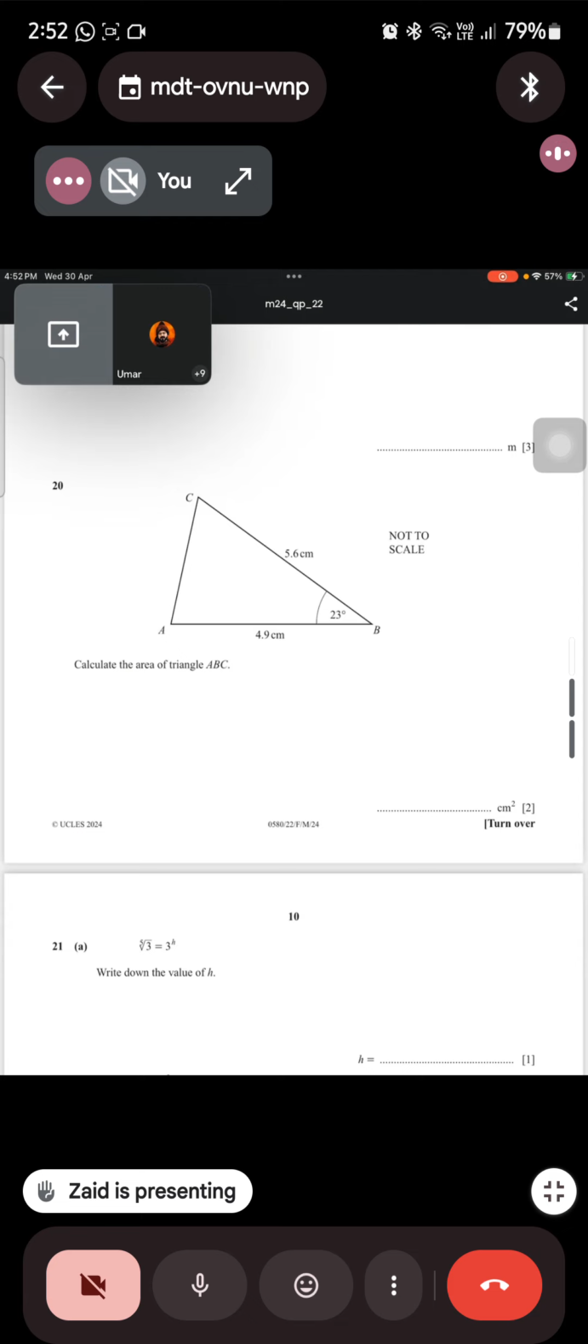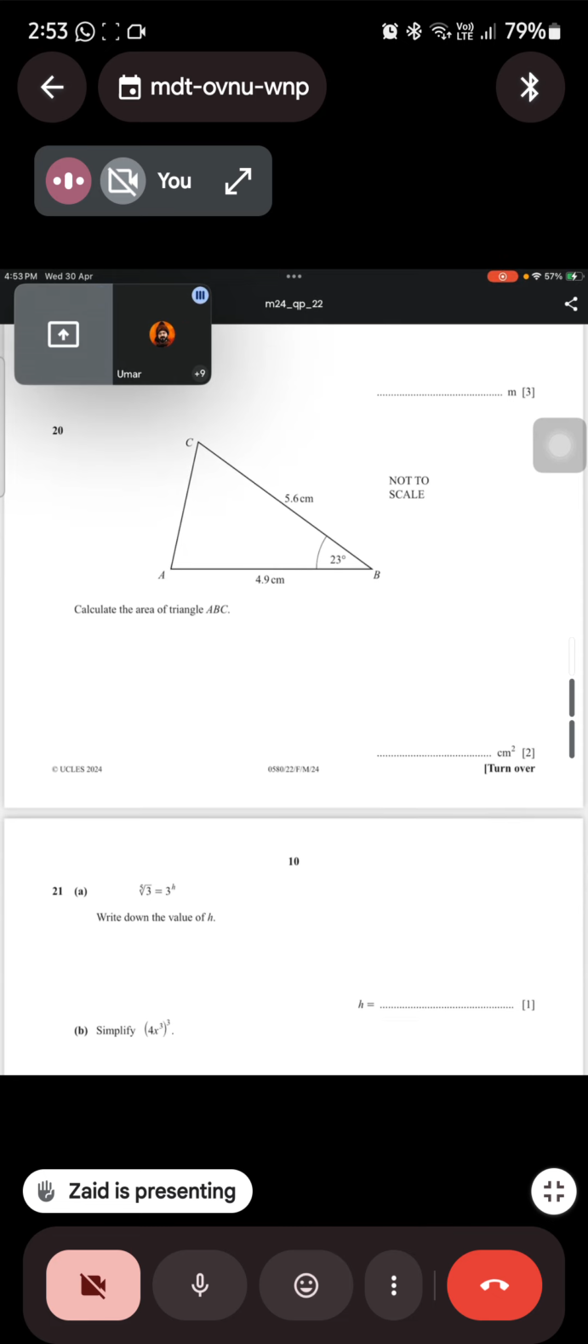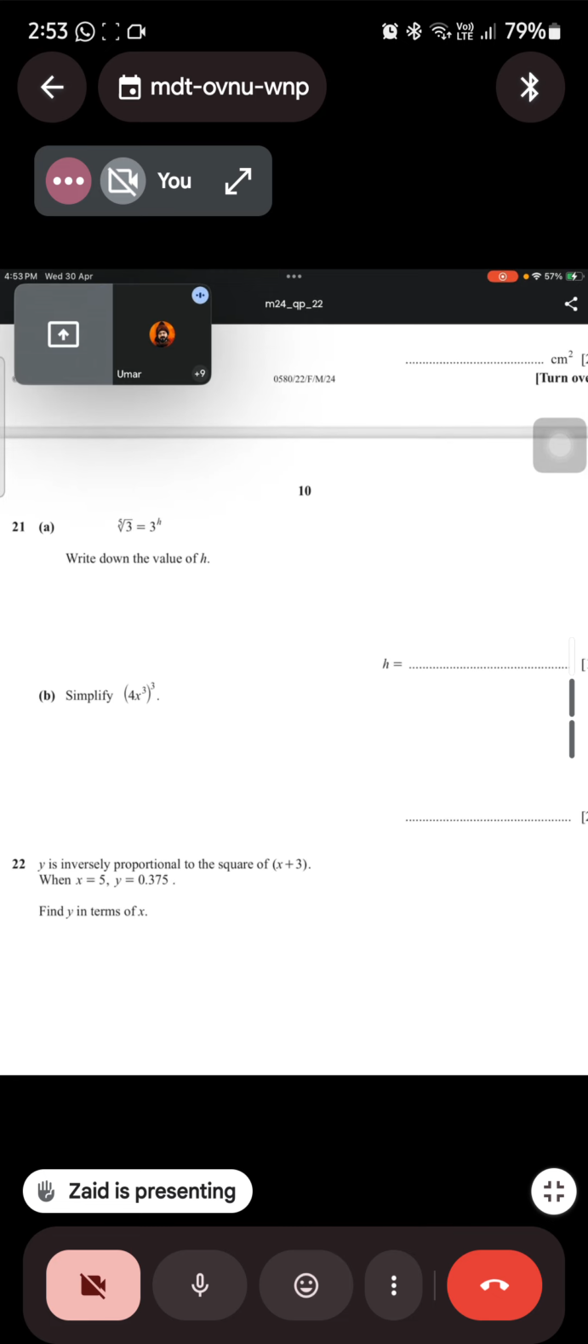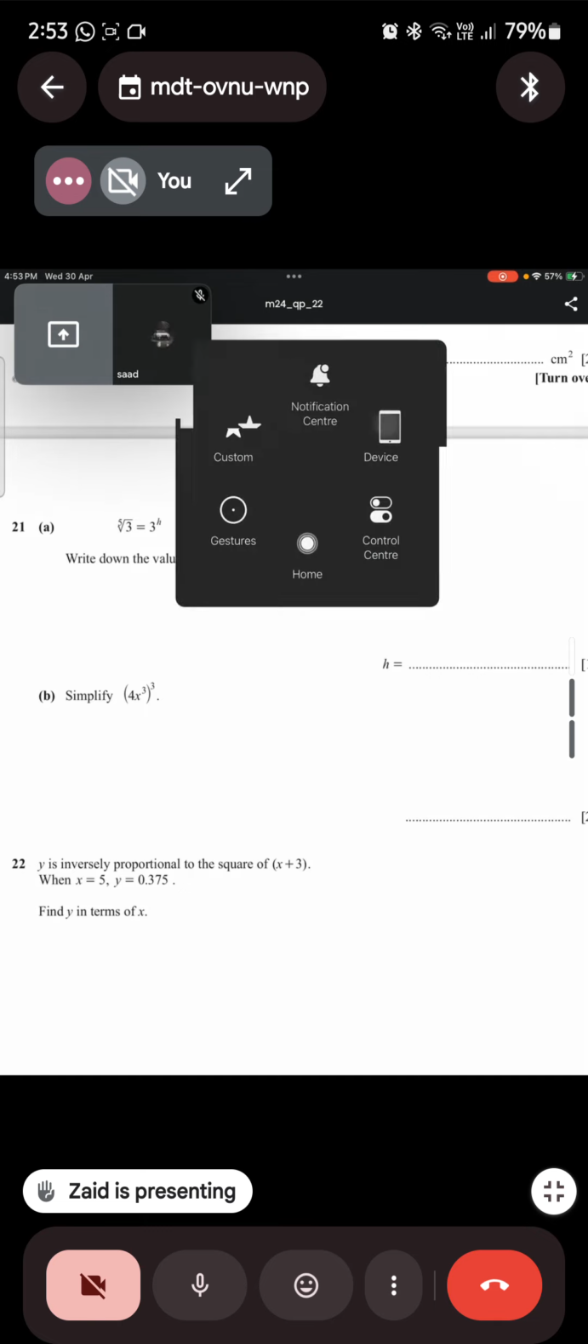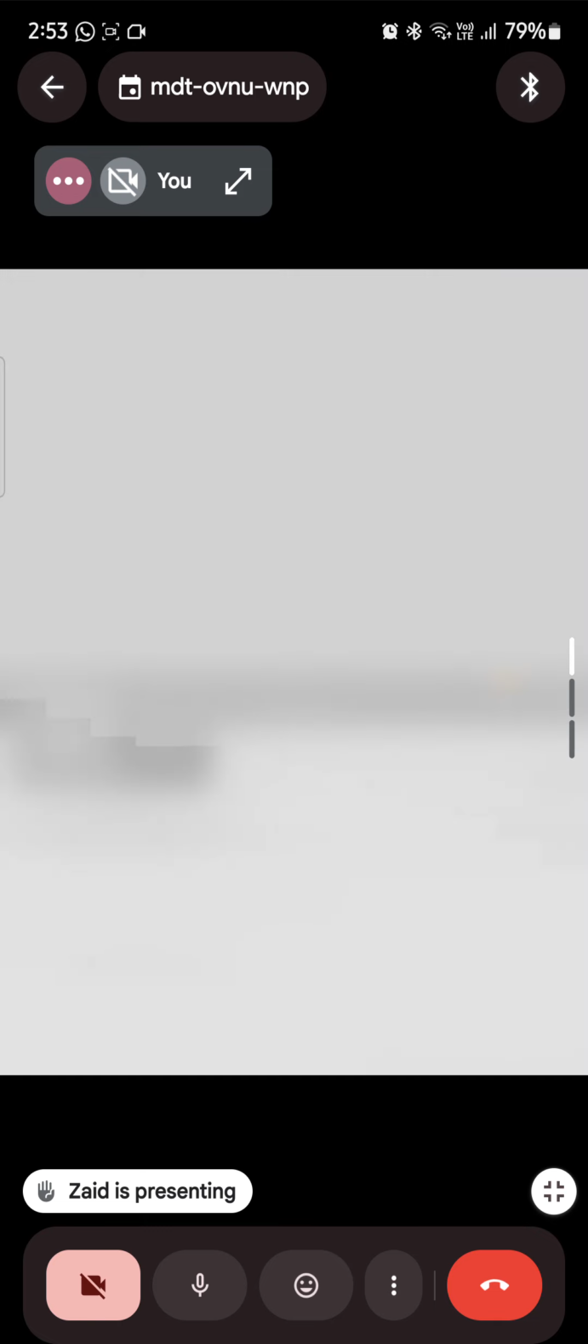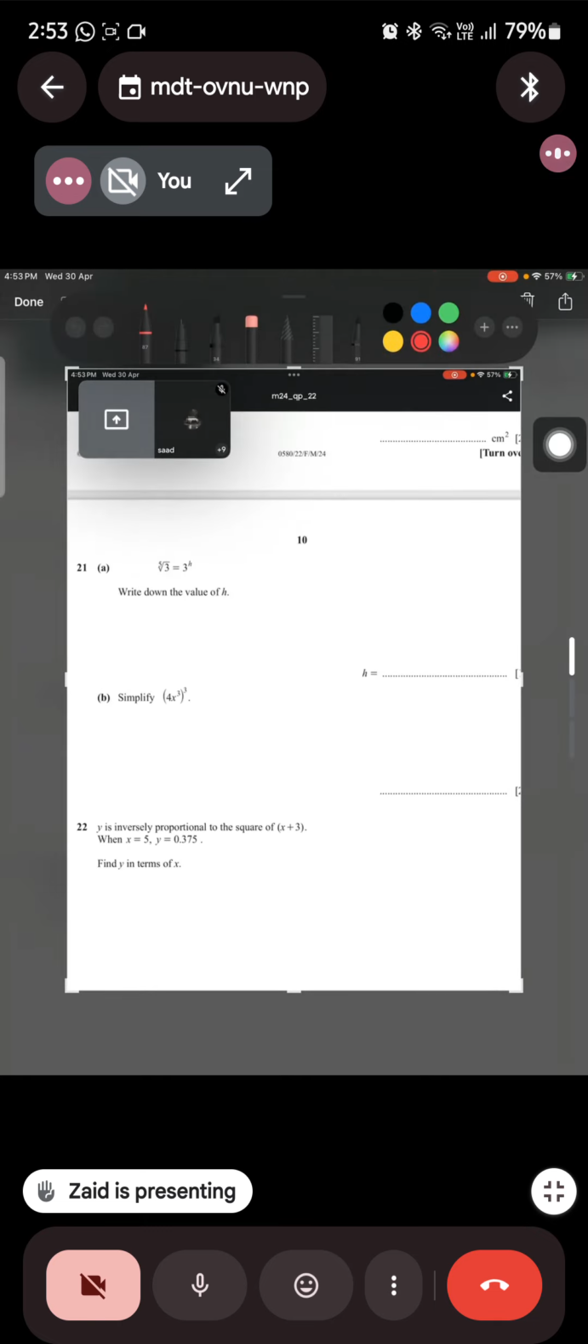Formula क्या था इसका? Half base multiply the height. Half base multiply height. Half AB sin C. AB sin C. Okay. Yes, sir. We have to find